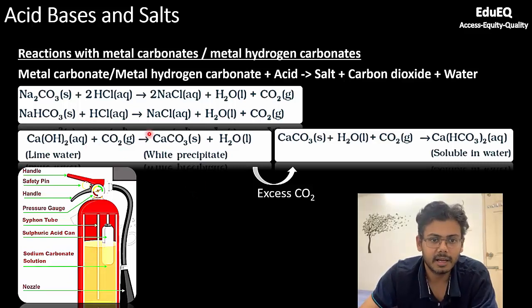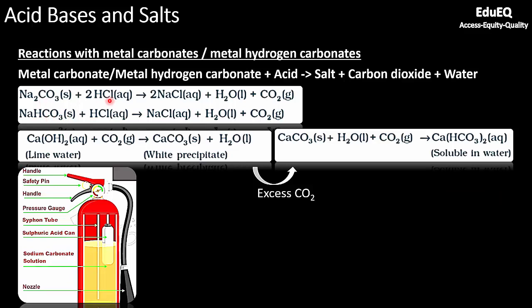So you can see we have written the reaction of sodium carbonate with HCl, but here the reaction that will happen is with H2SO4. So sodium carbonate plus H2SO4 will give the sodium salt of sulfate, which is sodium sulfate, and it will release CO2 gas. Now CO2 gas, as you know, doesn't support combustion. So CO2 will extinguish whatever fire is there in the vicinity. This is the principle of the soda acid fire extinguisher, and this is the nozzle, of course, from where the carbon dioxide will come out. And this is the siphon tube. So when acid and sodium carbonate get mixed here, the CO2 will siphon out from here and come out of the nozzle.